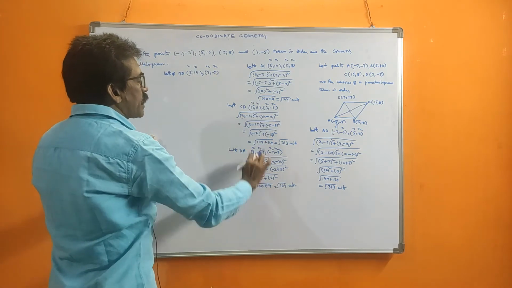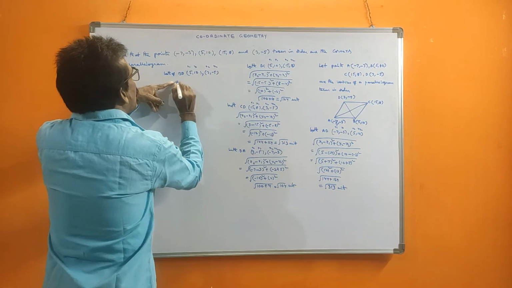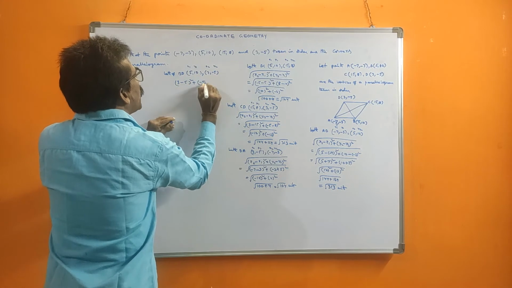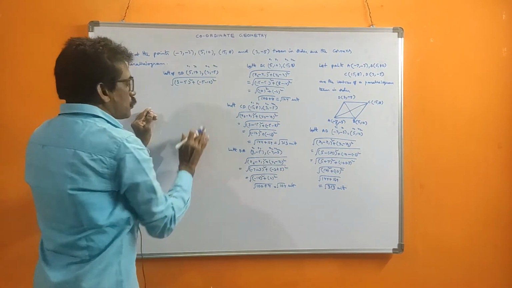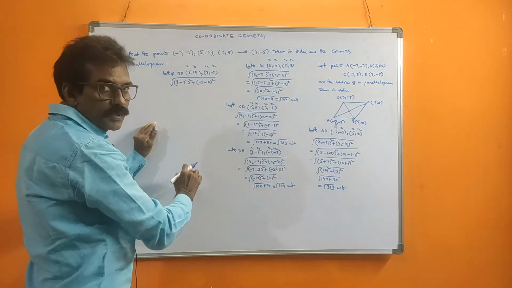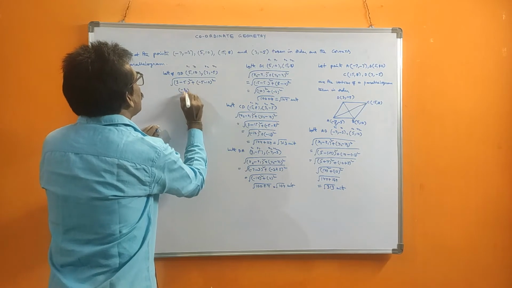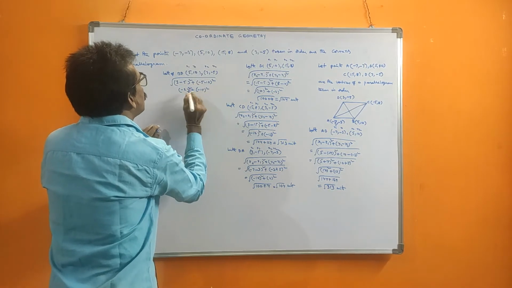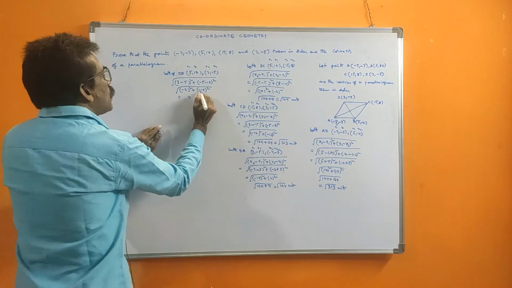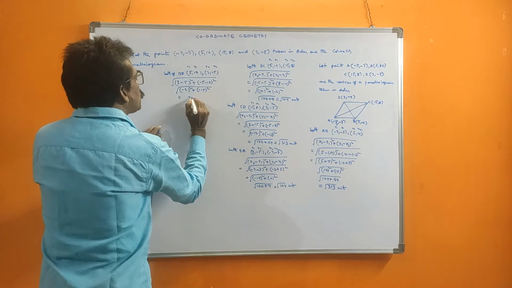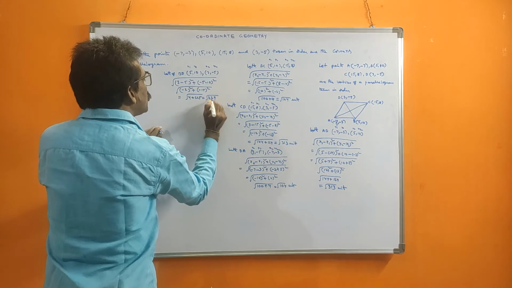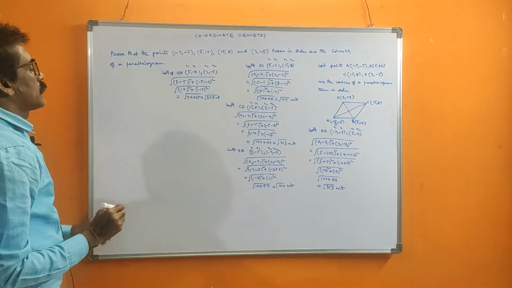Here the space is not sufficient, so many times we wrote that formula: x2 minus x1 whole square plus y2 minus y1 whole square. To do all the problems at the same time without rubbing, that's why the space is not sufficient. Okay. Now this is minus 2 whole square plus this is minus 15 whole square, under root, because both are minus. This is 4, minus becomes plus, 15 15s are 225, that is root 229 units. Length BD.